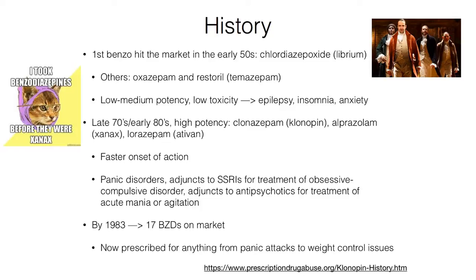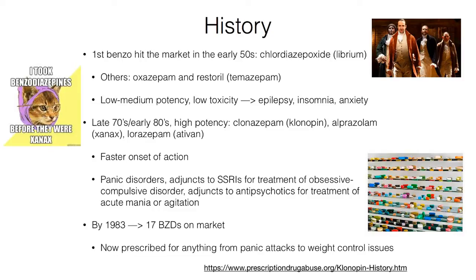But in the late 70s and early 80s, some high-potency benzos became available, and these are drugs like Xanax, Klonopin, and Ativan, and they have a much faster onset of action, and they started being prescribed for panic disorder, as well as adjuncts to SSRIs and antipsychotics. By 1983, there were 17 benzos on the market, and they're now prescribed for issues from panic attacks to weight